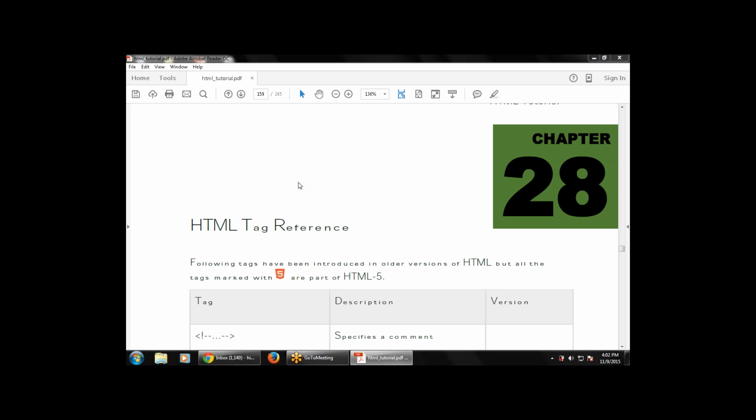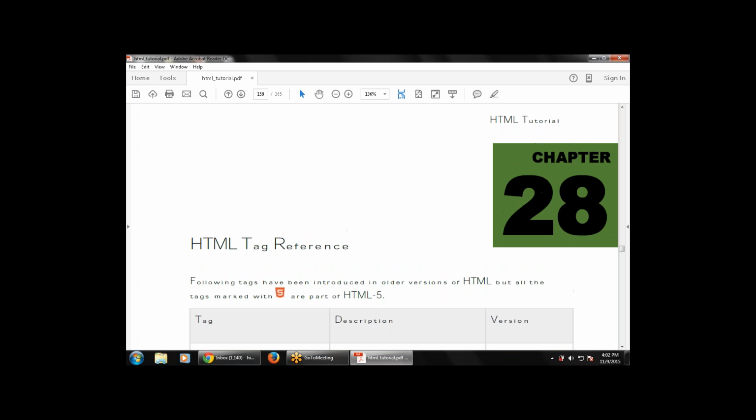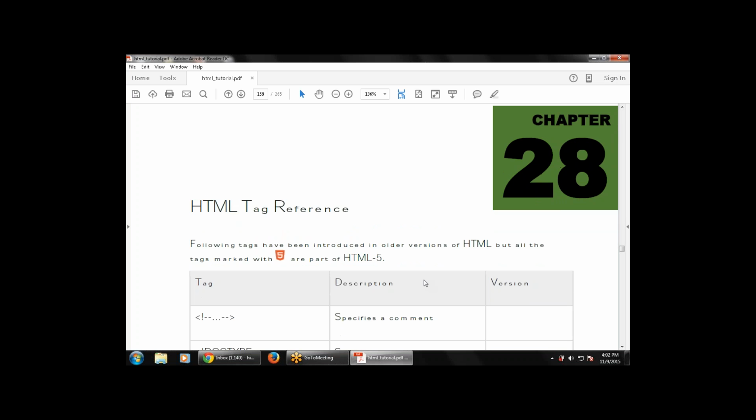So let's start with what we covered in the last class, the 28th chapter, and we are going to move ahead with the 28th chapter in today's class also, that is a full-fledged list of the tags that we have studied. In the last class we started with chapter number 28, the HTML tag references, that is, what are the various HTML tags